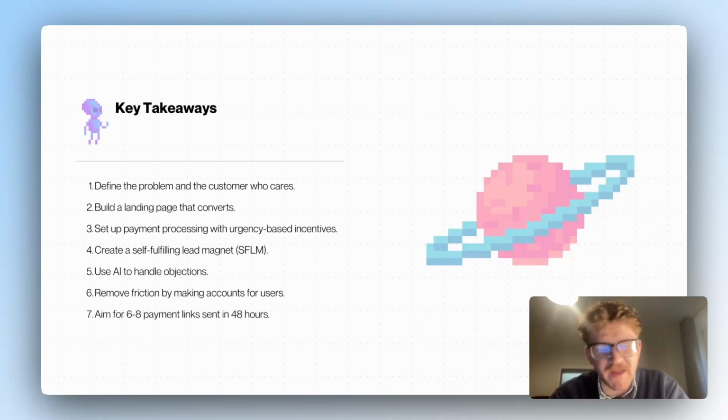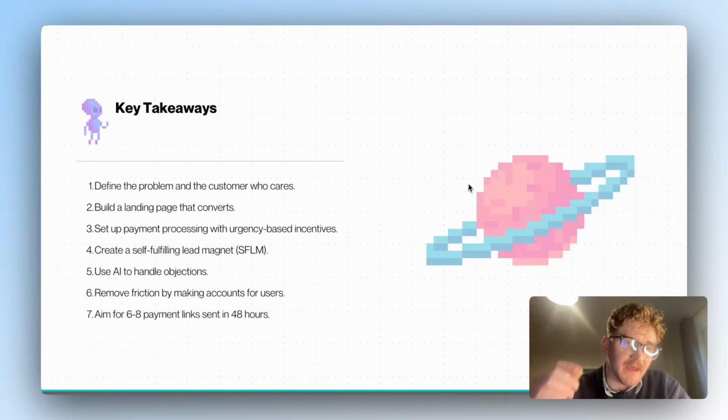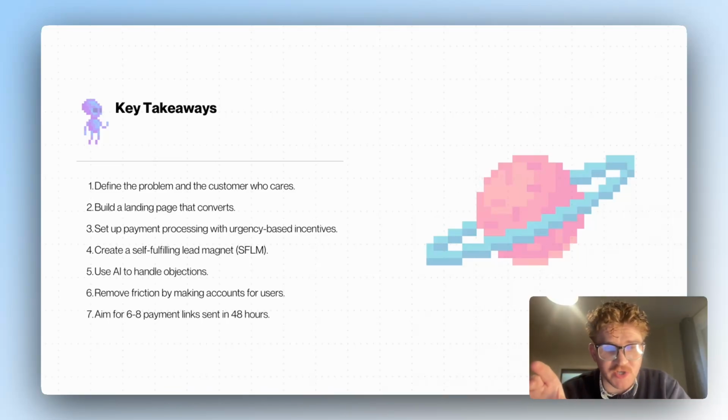And you can obviously run annual plan discounts to get people to liquidate the cost of those ads. Very, very cool. And that's how people scale up to millions and millions in revenue with paid acquisition. Now, we're going to use AI, like I said, to handle the objections. And we're going to remove the friction by making accounts for users, and all they have to do is pay